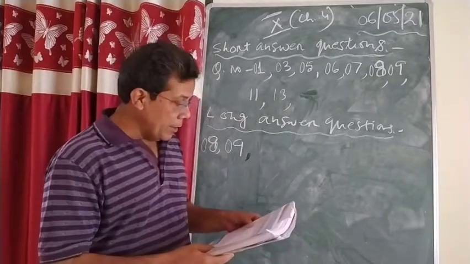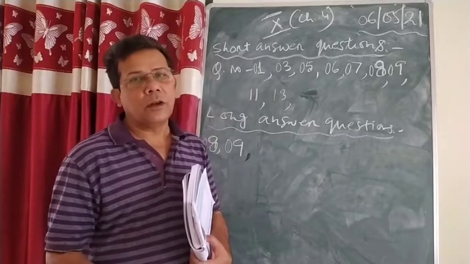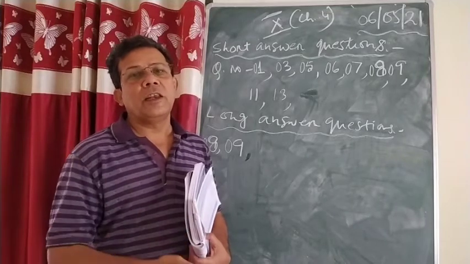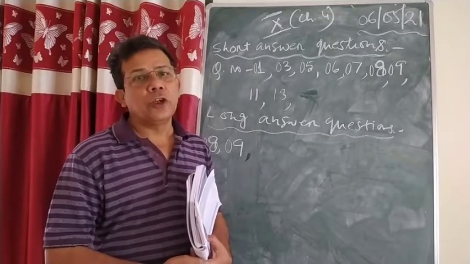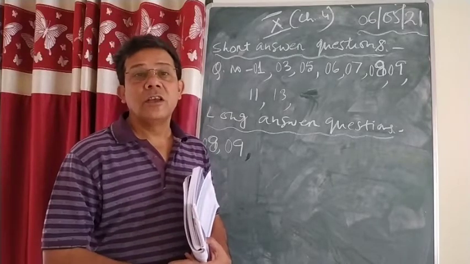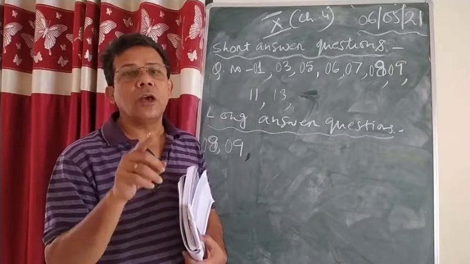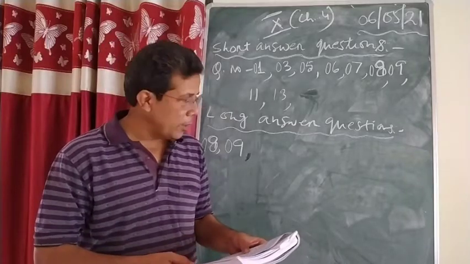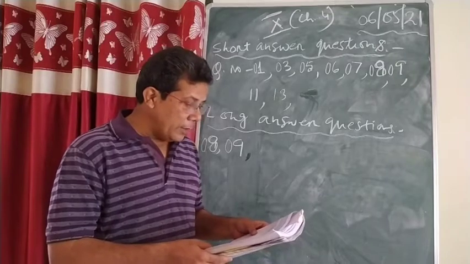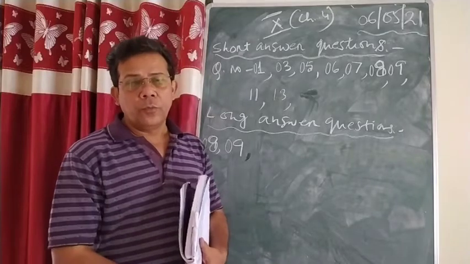Next, question number 7. This is all known to you. Define the term consumer as stated under the Consumer Protection Act. Who is a consumer? Like I told you, define consumer or who is a consumer. All of us know who is a consumer. A consumer may be an individual, group, or institution, those who buy the product or hire the services for their own use, not for the purpose of resale. They are called consumers. And I have given you examples of all of the consumers. Then if you come to question number 8, beta, mention 2 remedies that are available to an aggrieved consumer under the Consumer Protection Act. That I told you.